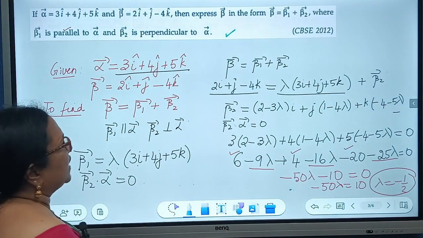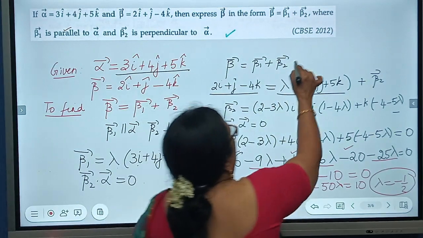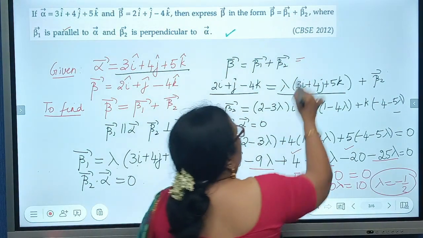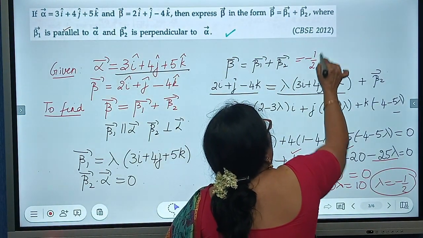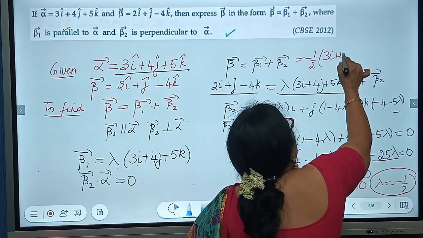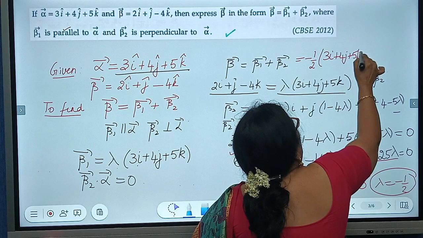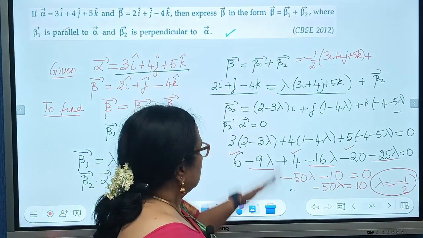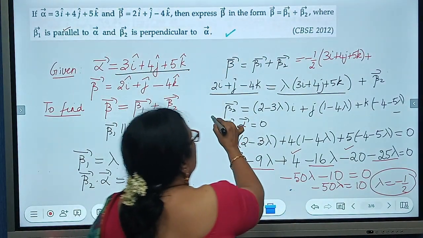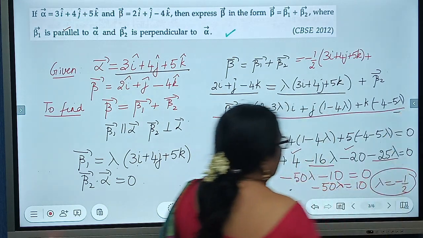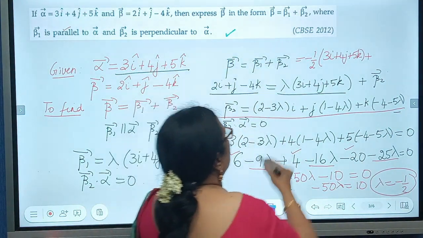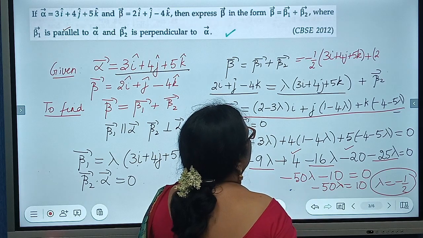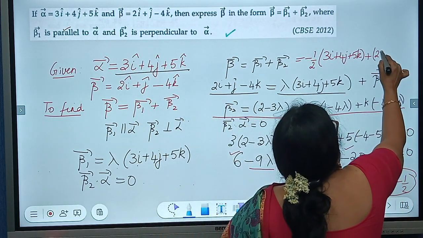Now that you know what is lambda, you can write down what is beta 1 and beta 2. This is equal to minus half into 3i plus 4j plus 5k plus beta 2. I have written it as a sum of beta 1 and beta 2. So this is beta 1. Now what is beta 2? This is your beta 2, in which you have to put lambda equal to minus half. So you will get 2 minus 3 into minus half, plus 3 by 2,